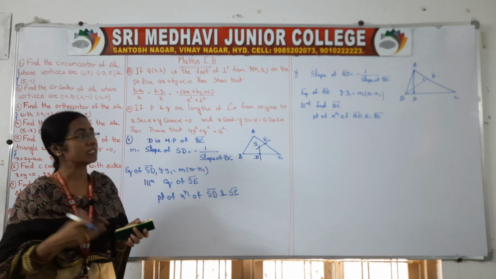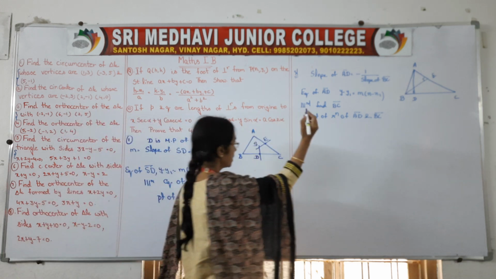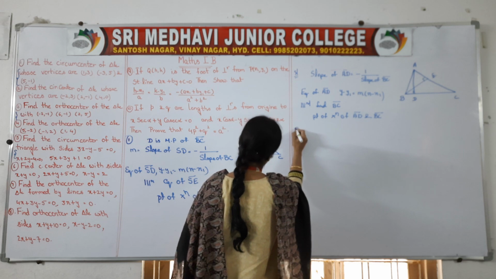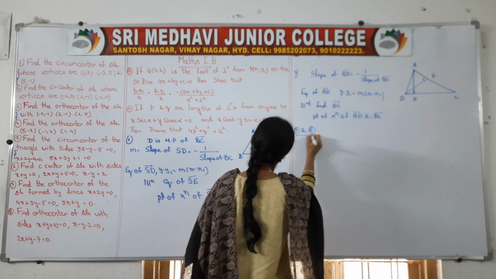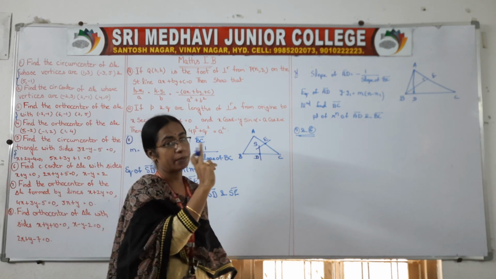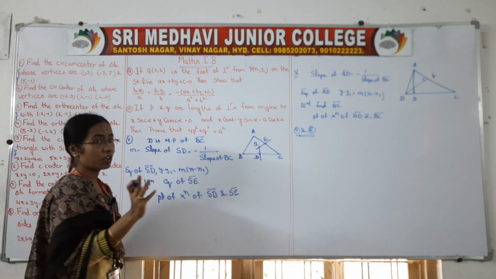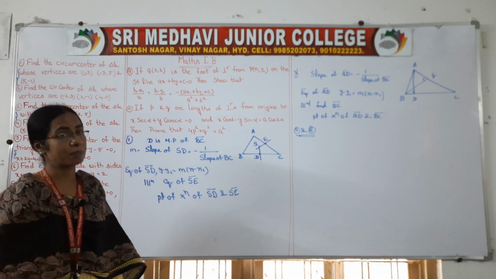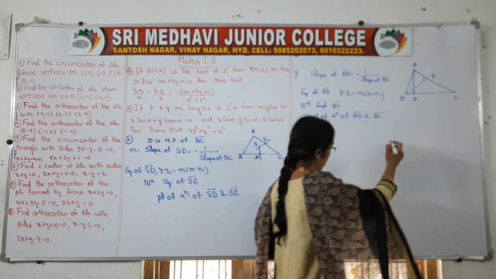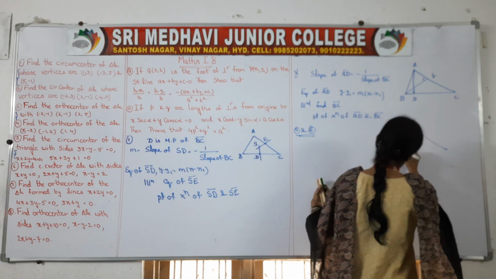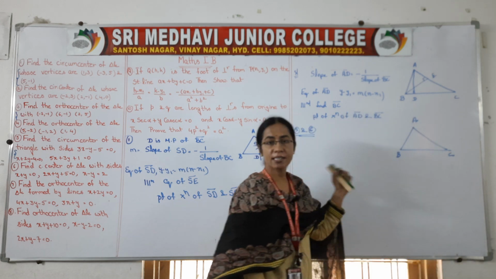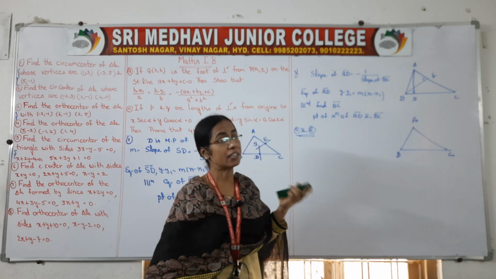So now come to the procedure. This is for which two questions? Fifth and sixth. The first and second have the same concept, the third and fourth have the same concept, and now the fifth and sixth have the same concept. So how do we find it here? If sides are given to us, observe very carefully. AB, BC, CA, these sides are given to us, but we need the vertices.